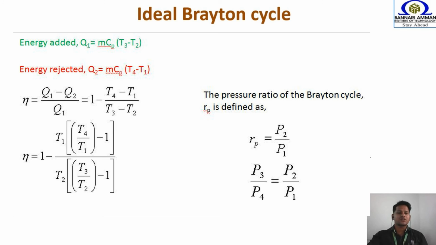For that, we are introducing a parameter which is called pressure ratio. It is very clear that the pressure ratio concept is applied to your compressor or turbine. Both the concepts are the same, since the compressor is compressing the air from 1 bar to 10 bar, and the turbine is expanding the gas from 10 bar to 1 bar. So the pressure ratio for compressor and turbine is the same. That is given the notation RP, pressure ratio, which is nothing but P2 by P1.